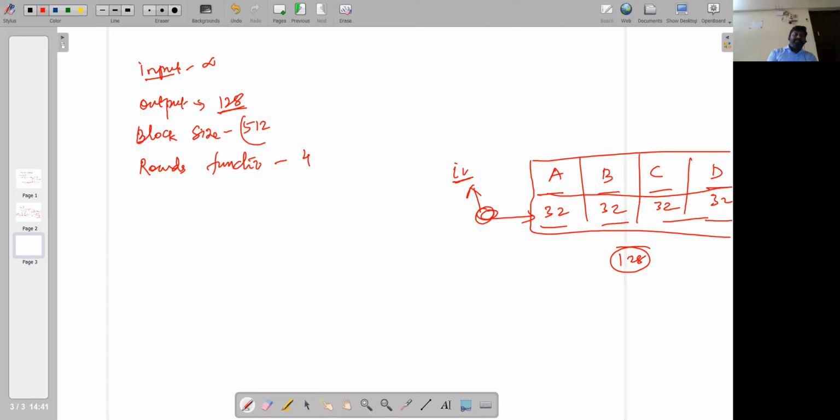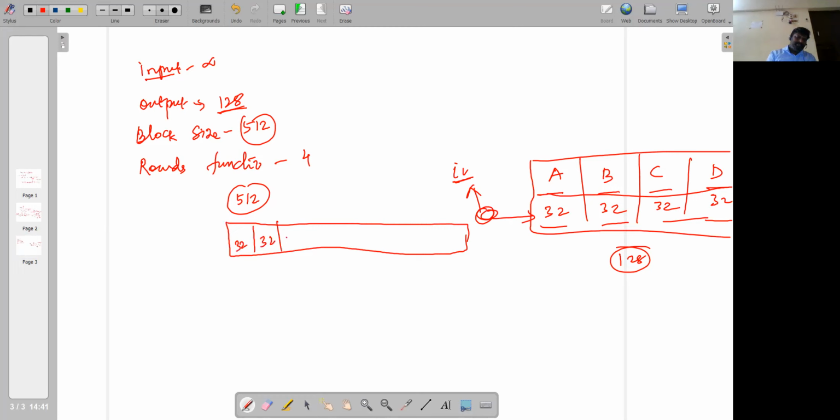now this 512 bits, when we process the input, this 512 bit block will be taken into consideration. This 512 bit block is then divided into smaller units, where each unit is 32 bit in size: 32, 32, 32, like that you will have 0 to 15. So 512 divided by 32, you will get 16, correct?